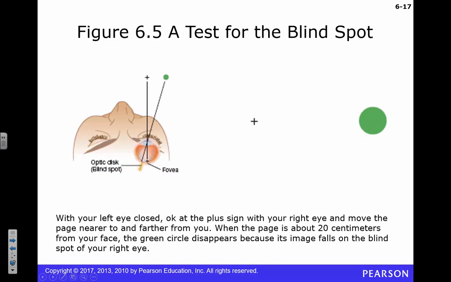Here's a test for your blind spot. It's not going to work. If any of you have the book, or you can put this on probably like a phone or a tablet would work well, maybe your laptop. What you do is you close one eye, you look at this dot or this cross, and then you move the blind spot test back and forth kind of slowly. When you get it probably this far from your face, you're going to notice that green spot will sort of flicker and then disappear. It's kind of exciting.